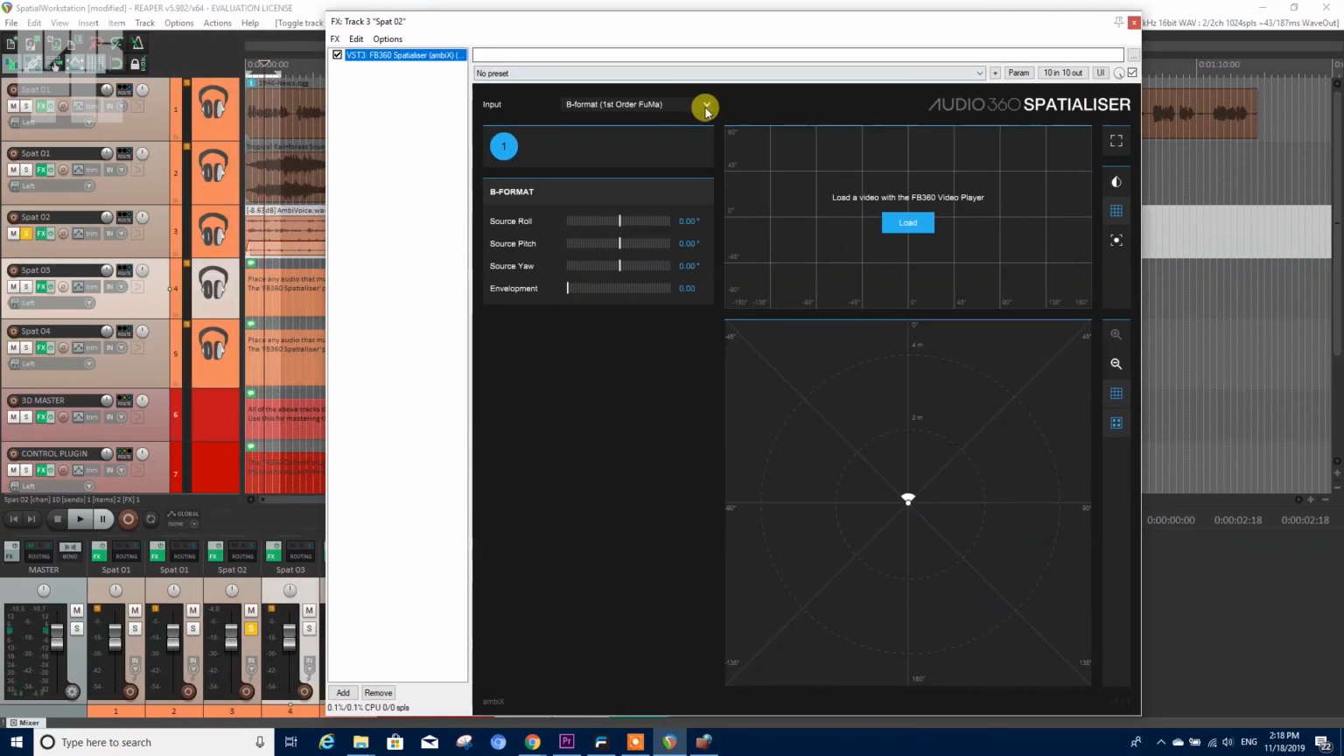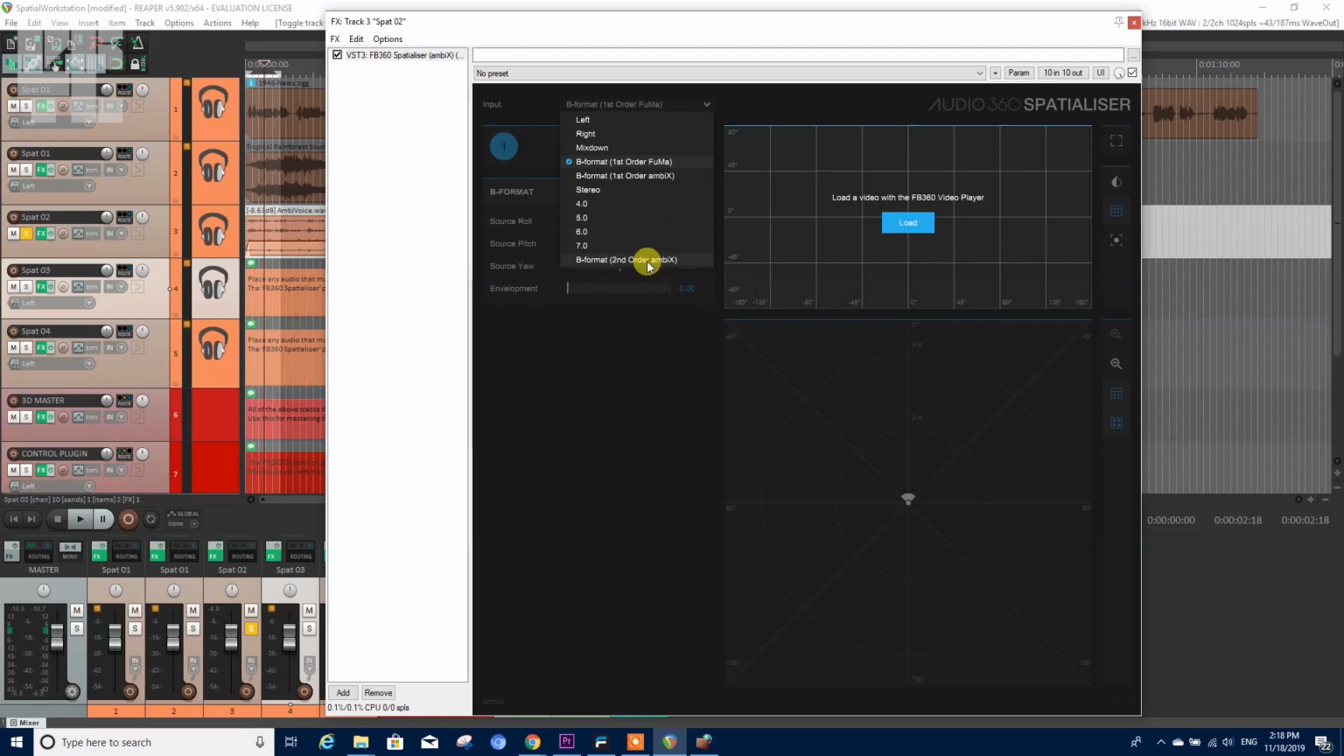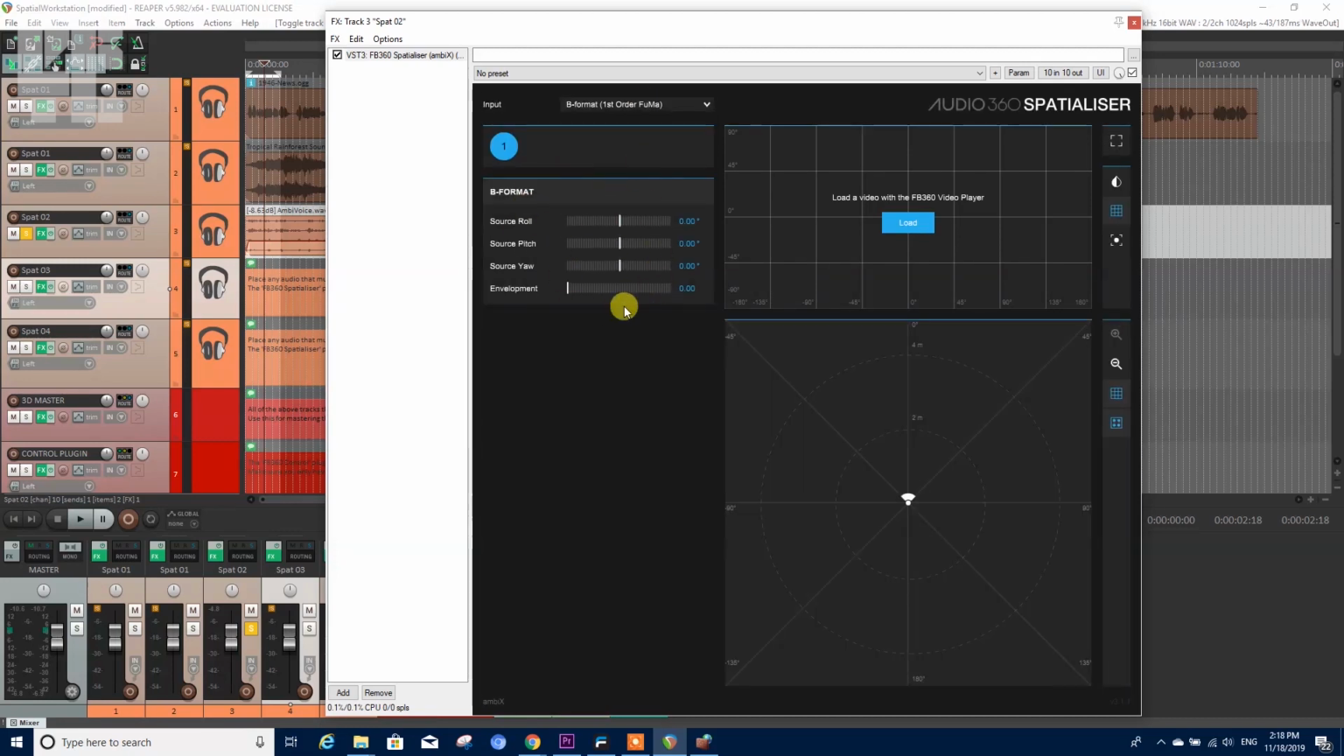And I see that since I have a spatialized sound format, either one of those, my settings are only for